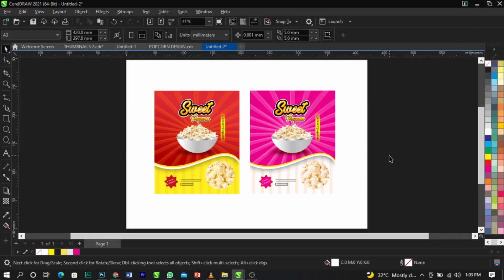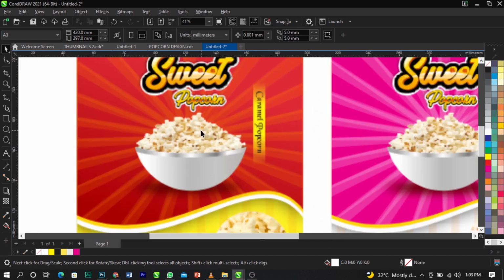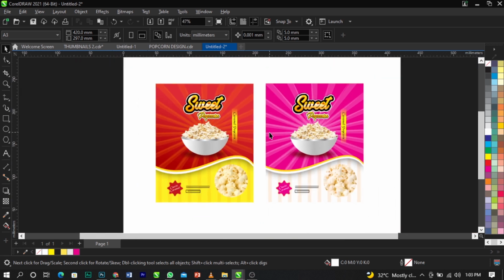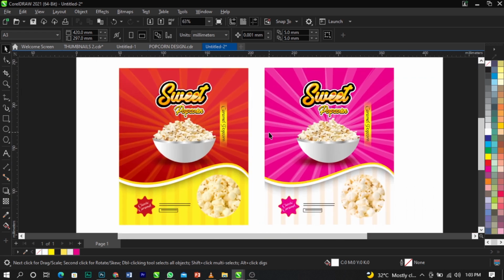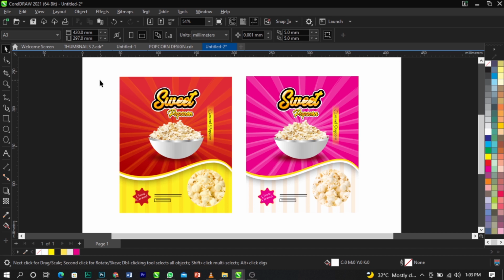All right guys, so assuming you have this as a label which you've designed, this is just a random label which I did. Assuming you have this label as a design, and you want to show your clients how it's going to look, a mockup actually helps your design come out well, like a presentation which you show to your clients to let them know this is how the final product is going to look. So assuming you're done with your design now and you want to make use of it on the mockup,